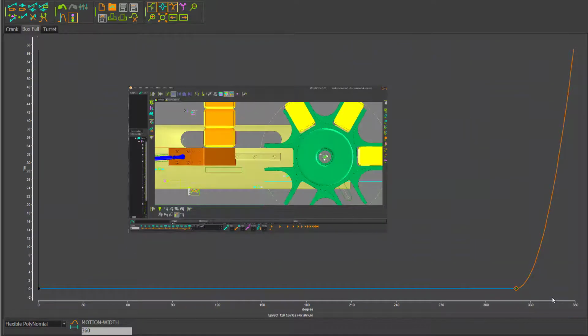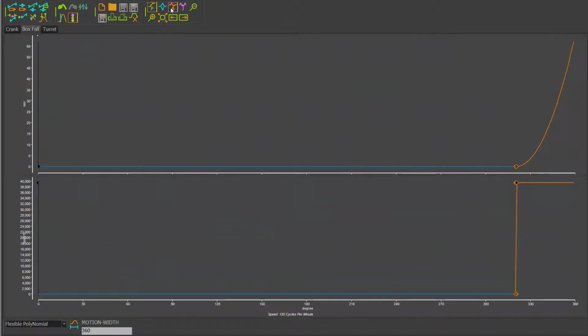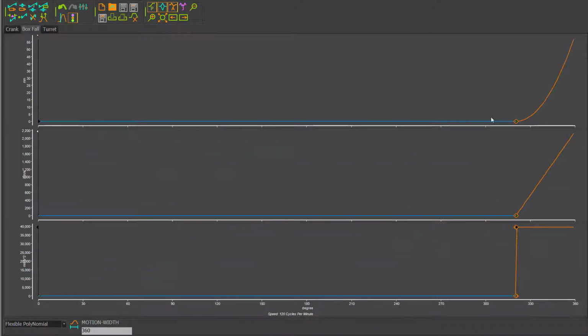Then we've got the box fall. Okay, this we model with just a constant acceleration. So if we look at this motion law, we can see that we've got position, put the velocity in, and the acceleration. Then we have constant acceleration. Not sure why the velocity isn't showing. There we go. So we have a constant acceleration, which gives a constantly increasing velocity and a quadratic increase in